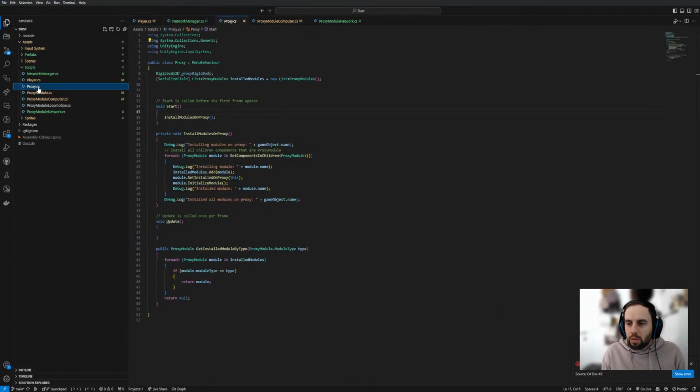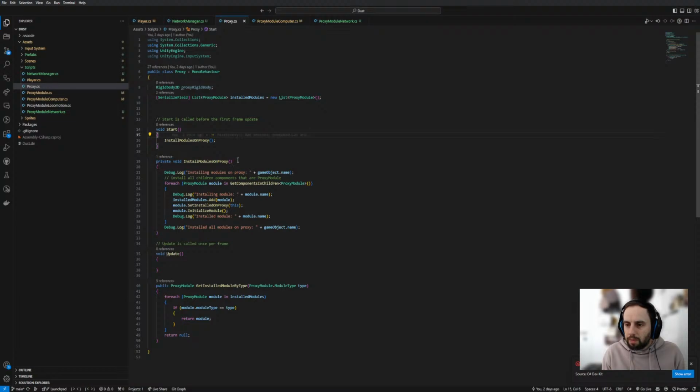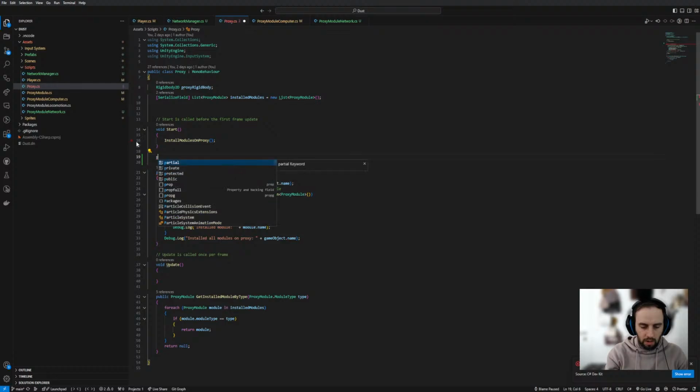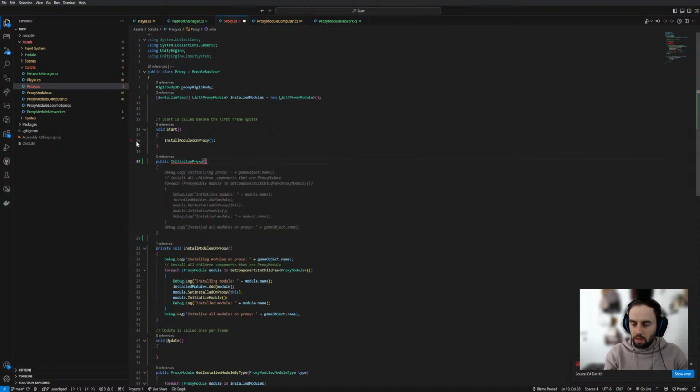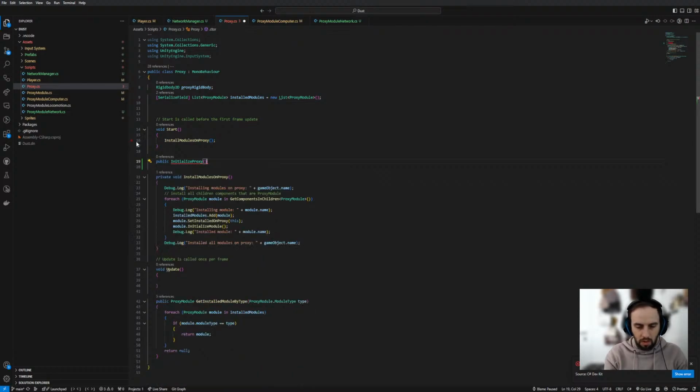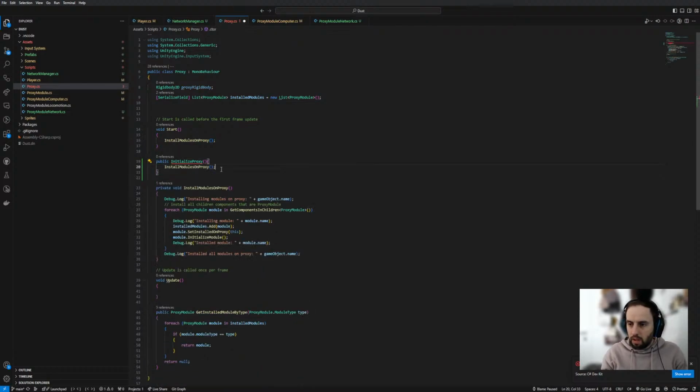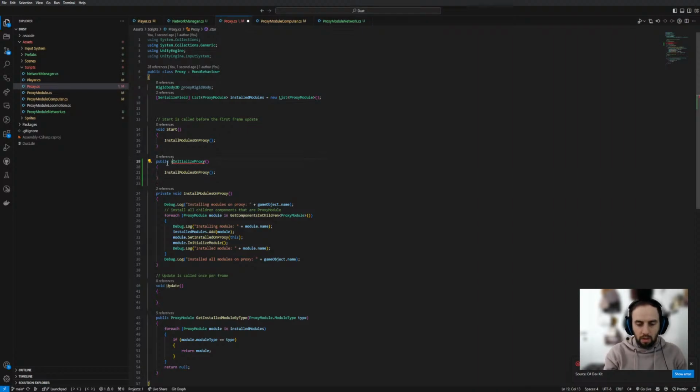When are proxies installing everything here? This should also not be called by the proxy itself, or at least not on start. So again, let's say public initialize. Such a hard word to write. Initialize proxy. Yes, public void,